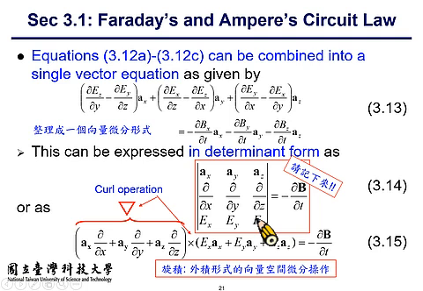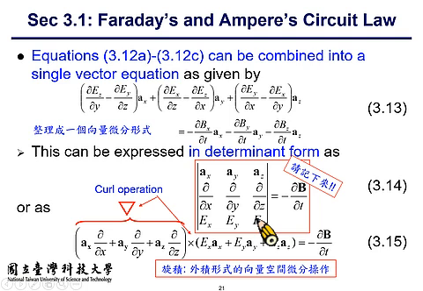What is it called in Chinese? I forgot the Chinese for determinant form. All right, and this can be put more easily as equation 3.15, which in the next